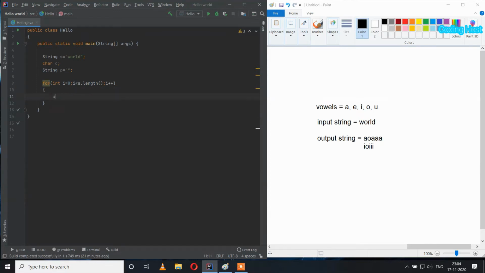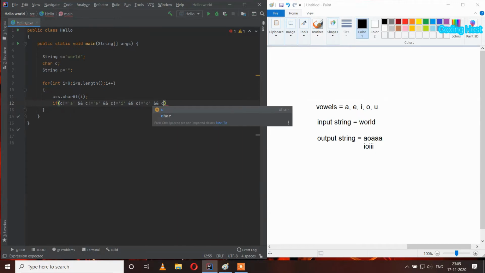In this I will write c equal to s dot charAt i, and after that I will use an if statement. If c not equal to a and c not equal to e and c not equal to i and c not equal to o and c not equal to u.